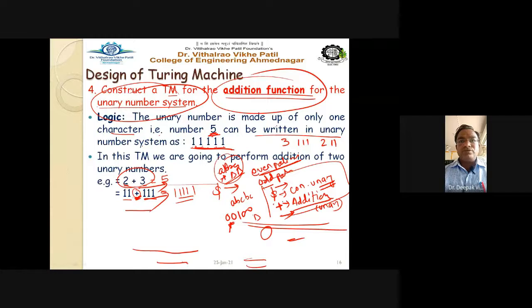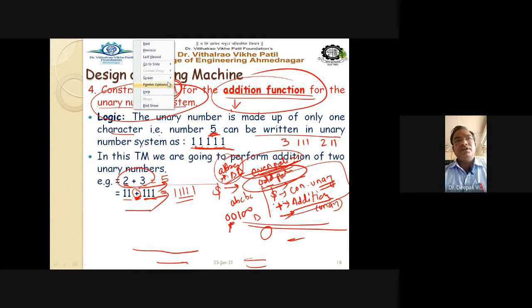So this is nothing but actually the logic. What you have to remember is the logic which is associated with each question. What exactly is the question, for what the Turing machine is to be designed. That actual, correct logic we have to apply here, and after applying the correct logic we will be able to successfully draw the Turing machine for that particular problem, right? And it is very simple, there is no difficulty.